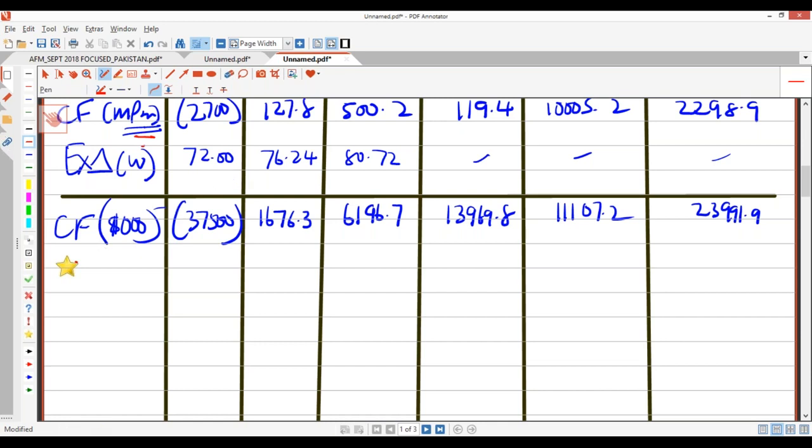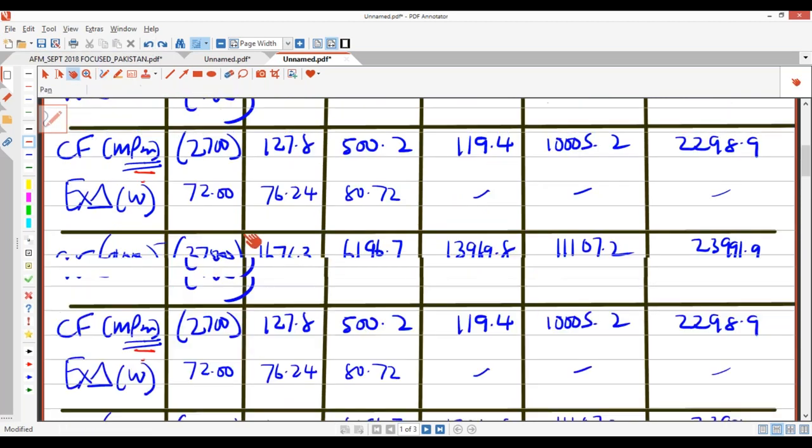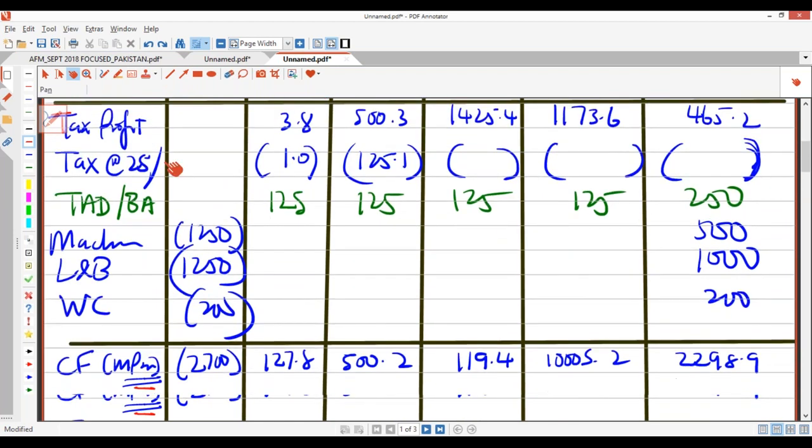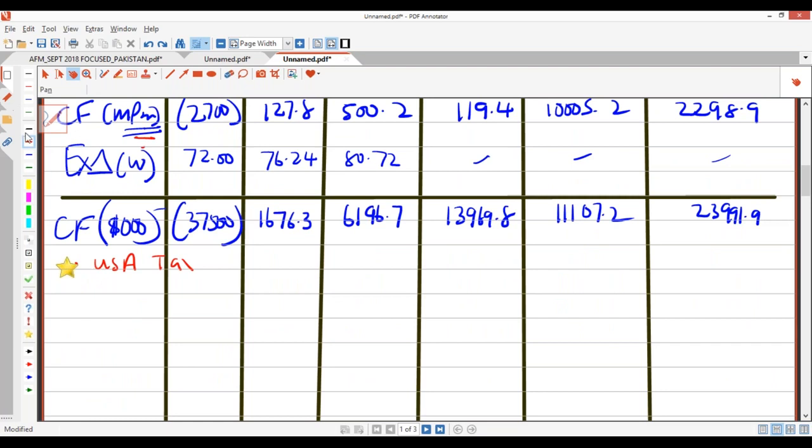Okay, what you can have here is United States of America tax. I'm assuming Komura is from United States. Why would you have that? Because maybe there you pay 20, you come back, you pay 25, so you must pay an additional 5. But this is the other way around. There you pay 25, you come back, you pay 20, so no need to pay. In this question, you don't have a USA tax.